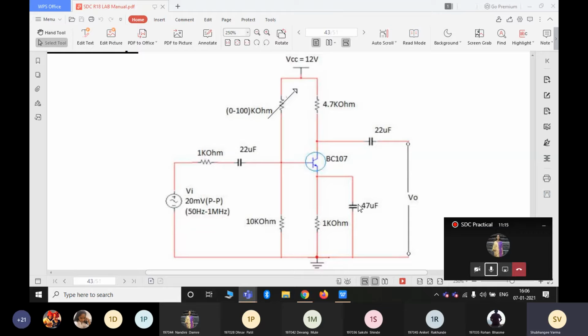That response we are going to verify by using the virtual lab. Same virtual lab we are going to use to perform this practical. So draw the diagram and let me know once you finish drawing the diagram.